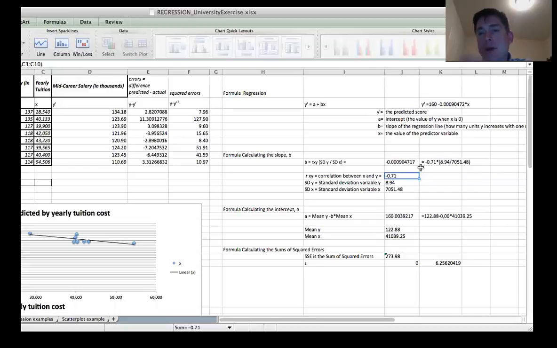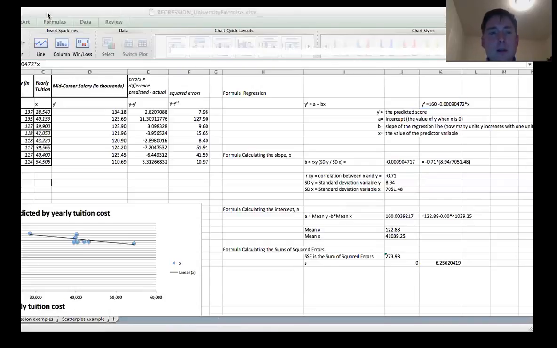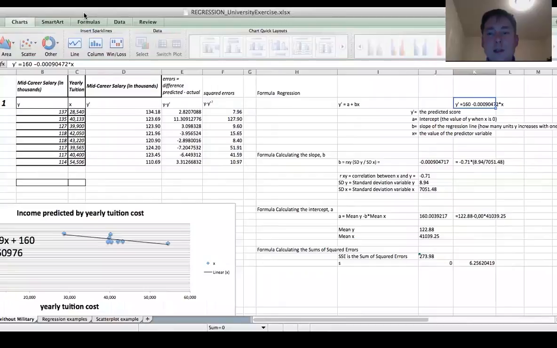So as you pay more, you get less income. Let's just say you pay $10,000 more, you can say 10,000 times these